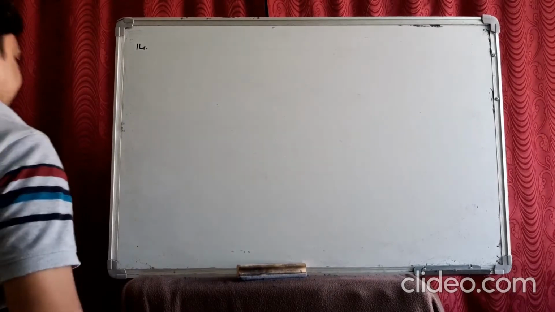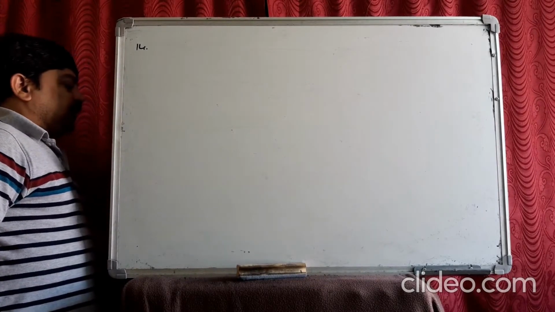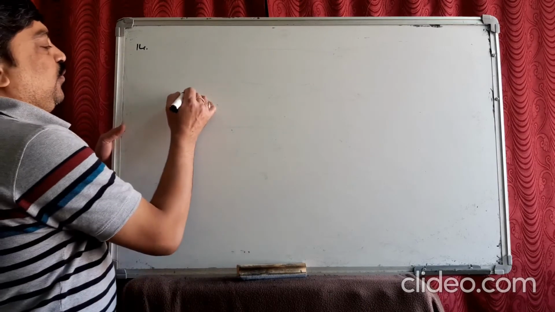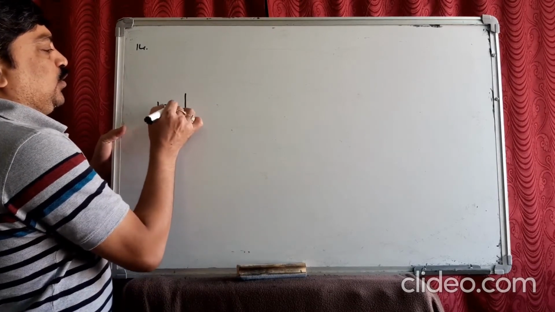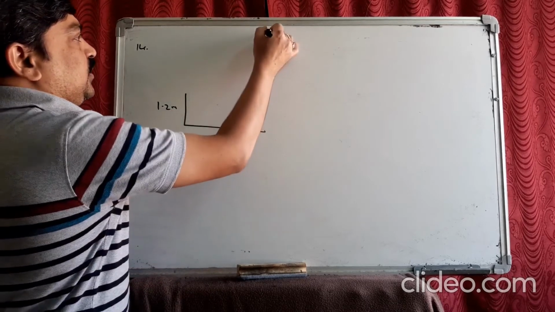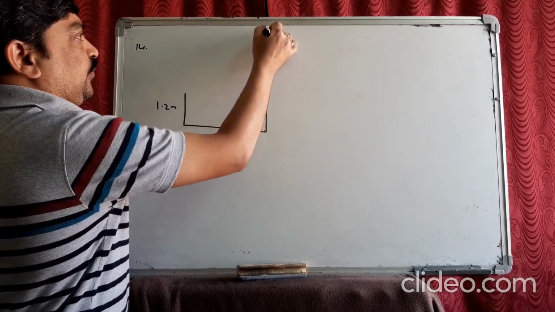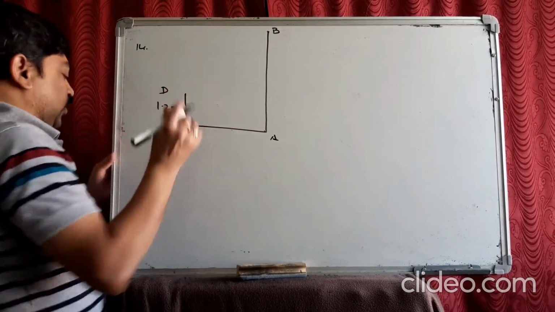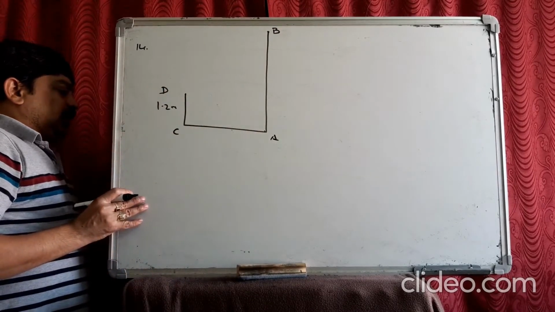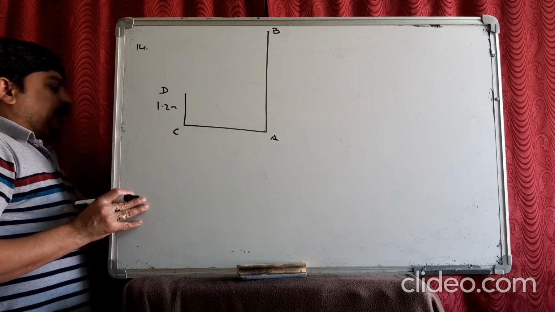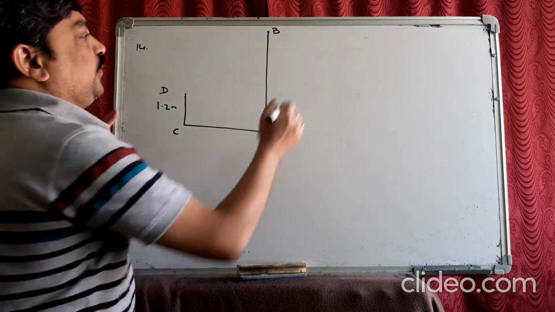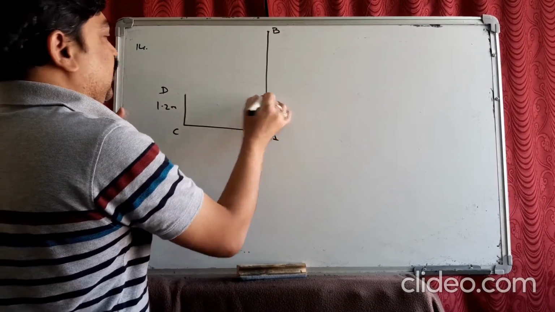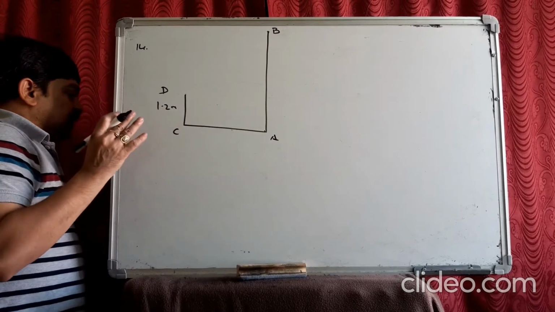Right, see the 14th question. A 1.2 meter tall girl, the figure is also given here, we draw a little different. A 1.2 meter tall girl observes the balloon here, there is a balloon here. A, B, let us take C. 1.2 meter tall, good. What is happening here? And the balloon is at a height of 88.2. It is at 88.2. Now, we write that later, I tell you.